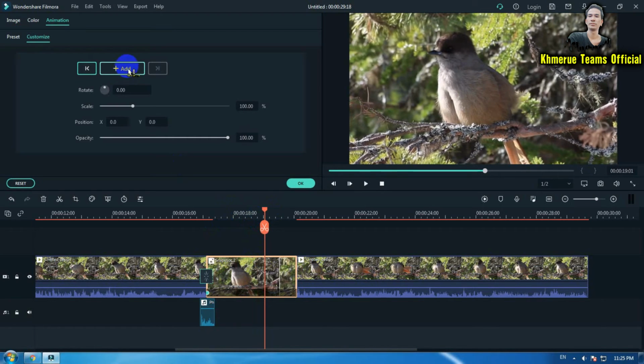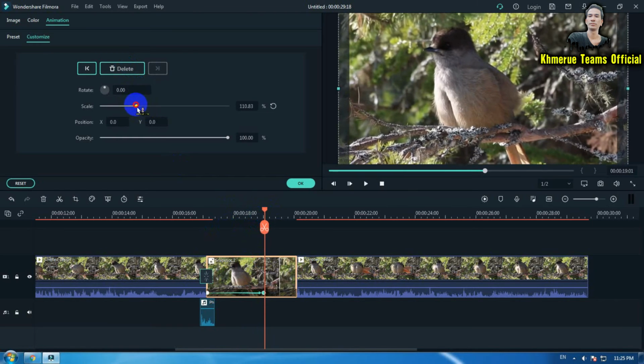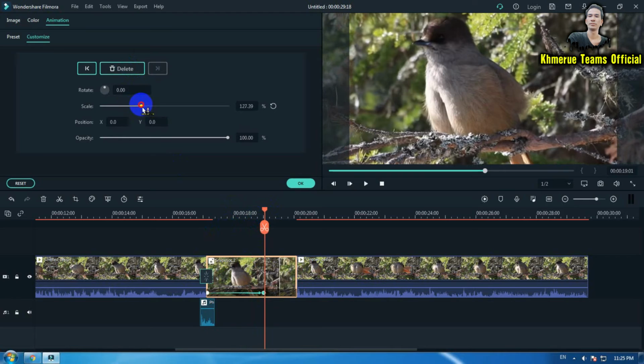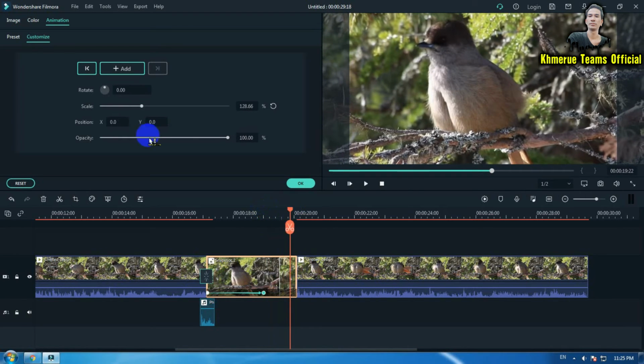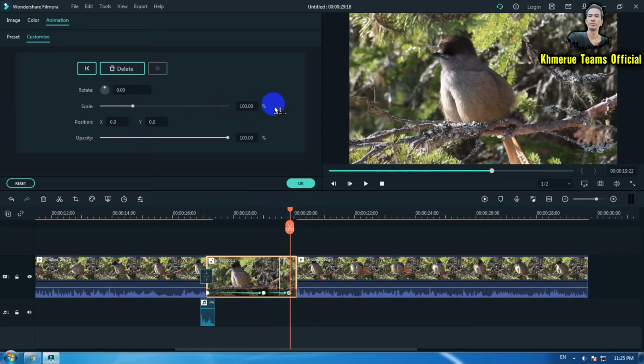And this time we're going to add one more keyframe, and this time we're going to set the scale to zoom in like this. And then we're going to click on the ending part of this place, and then return everything to 100%, and